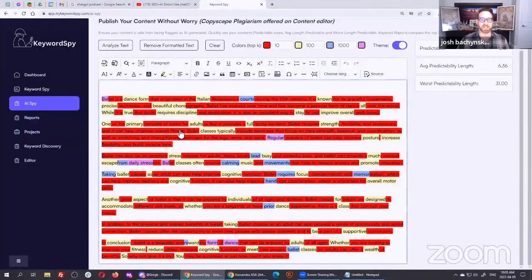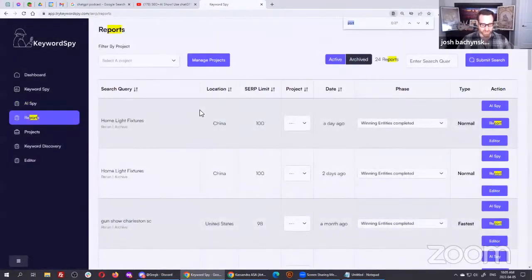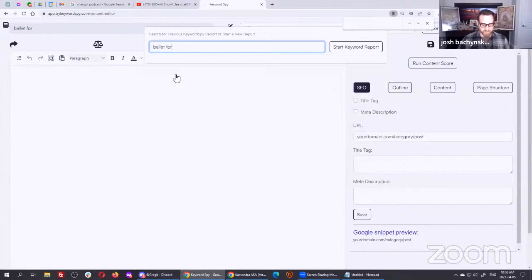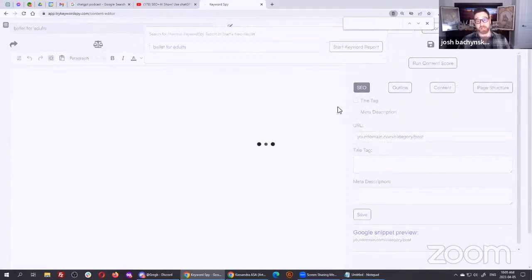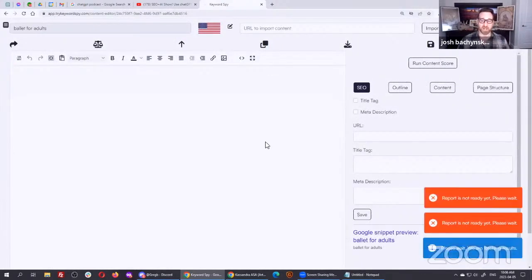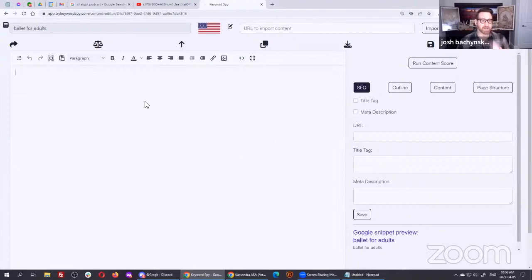But not only this, if I take this as well, and I see if I have ballet for adults here anywhere. I believe I do. Oh, maybe I don't. Oh no, this is on the main app. I didn't do ballet for adults here. So if I do ballet for adults and start a new keyword report, which I can do from the editor, then it'll start a report automagically, and it's not ready yet. It's got to do a little bit of analysis in the background. But if I paste this in here,